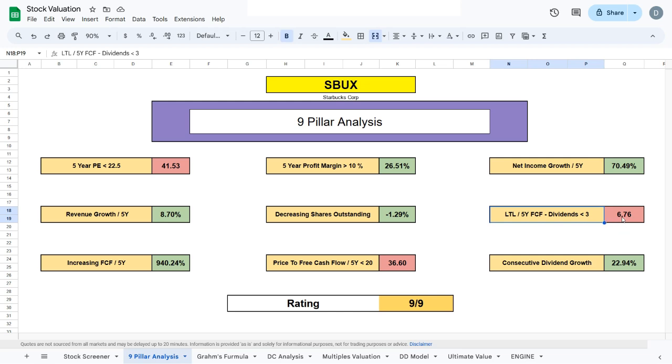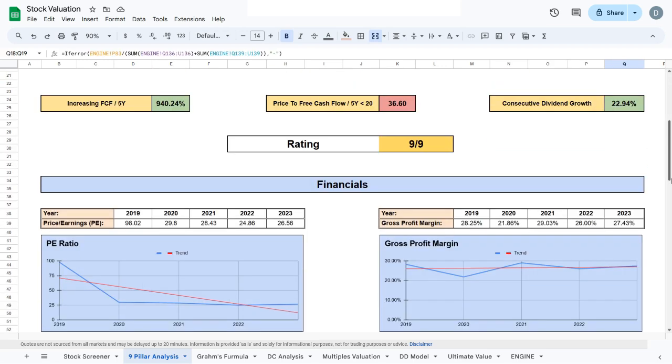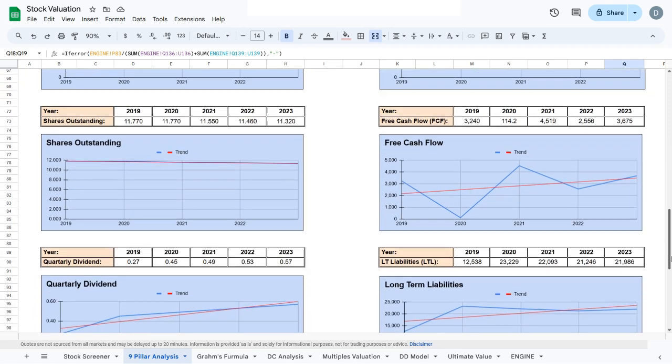Now, Starbucks' value is sitting at 6.76, which means that it would take them about 35 years with their current free cash flow to pay off all their long-term liabilities while paying out their current dividend and not increasing it every single year. Now, to visualize this metric better, we can scroll down to the graphs and have a look